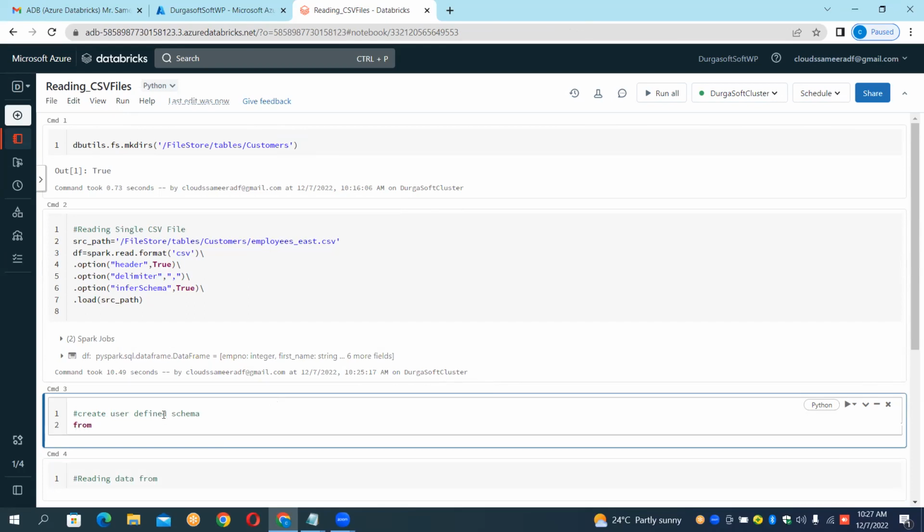From PySpark SQL dot types, import, all of you, import StructType, comma, StructField,